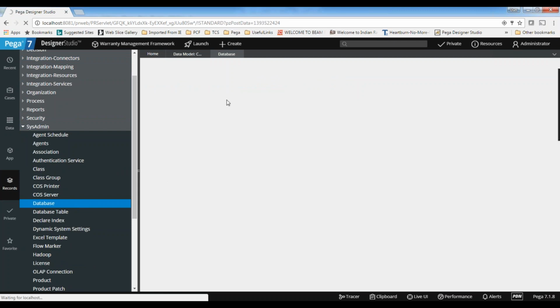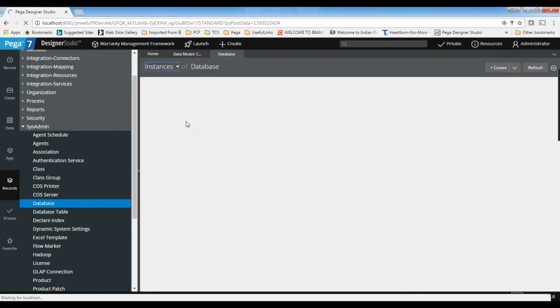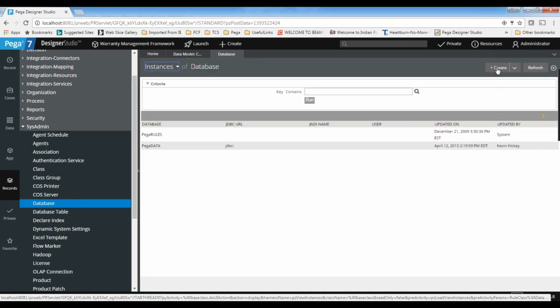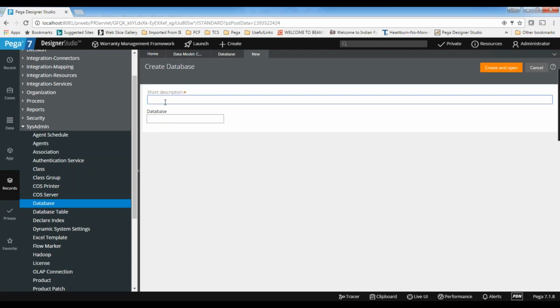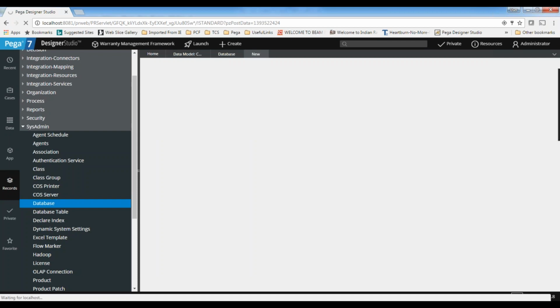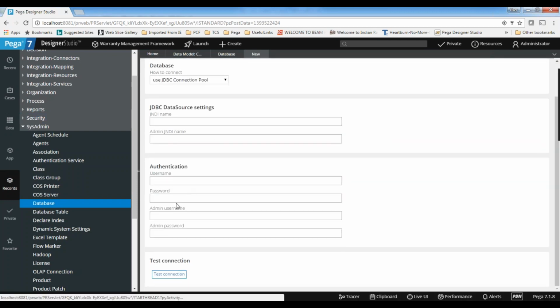Already two databases are there, Pega rules and Pega data. If you want to create a new one, you need to create one more and make the connections. I'll give the database name, let's say test. Then it will ask for the connection details, the URL, the username, everything we need to provide.